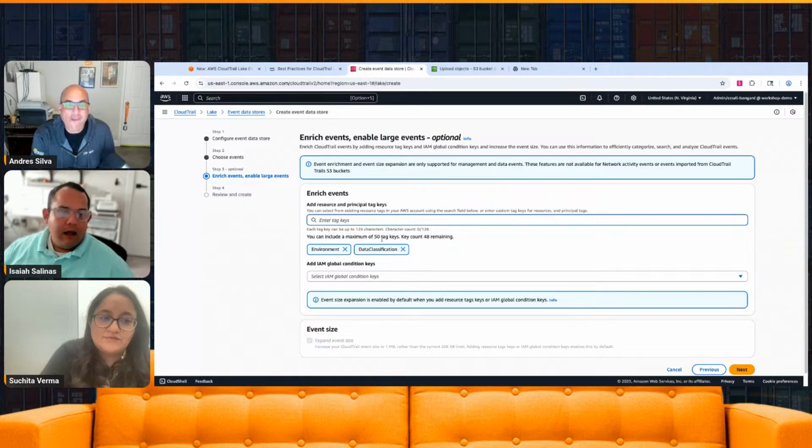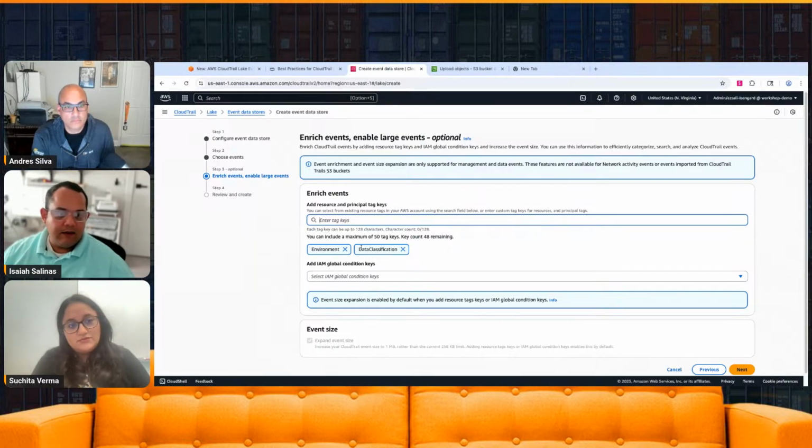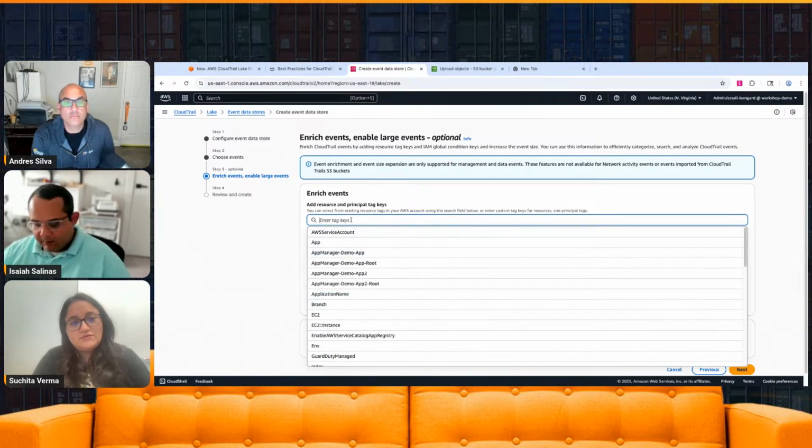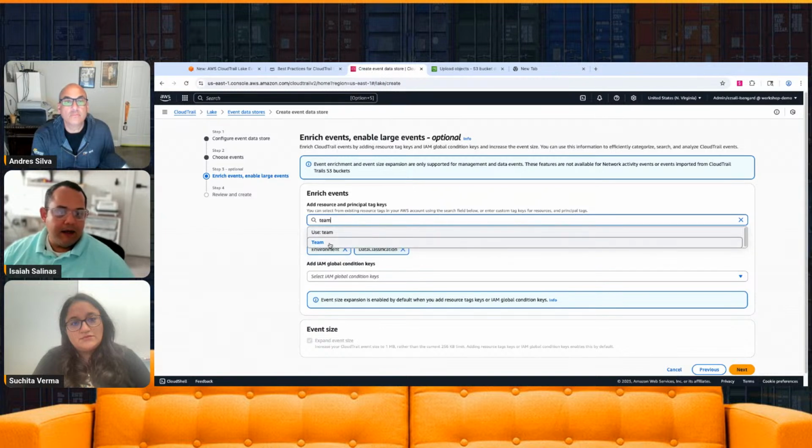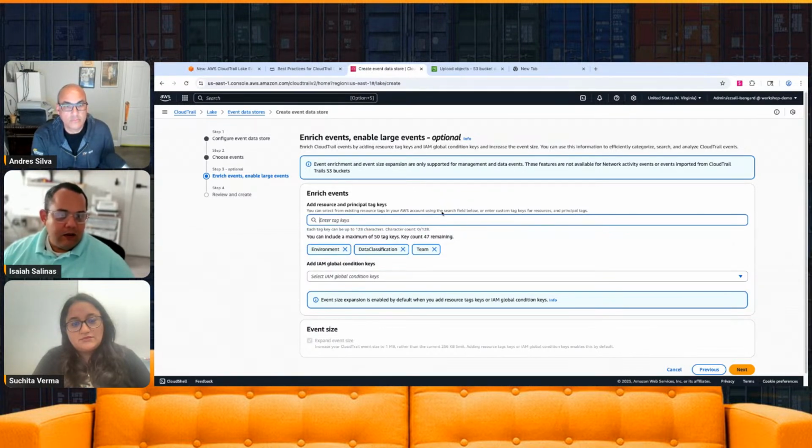You can include, for example, environments. I'm going to include data classification because I'm using that to classify my specific data: if it's sensitive, normal, or other pieces of data classification. Some other common tags, if you want to tag it by the team, and so forth. So once you include all your resource tags or also principal tags within this area,